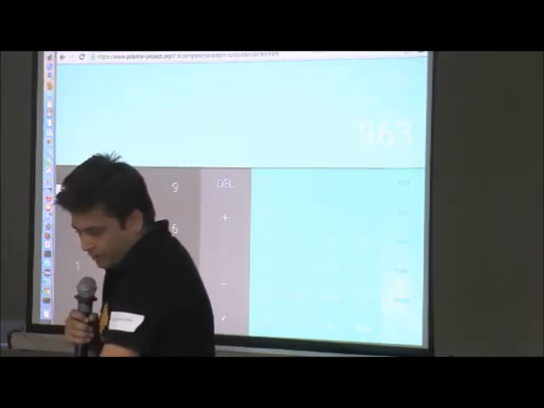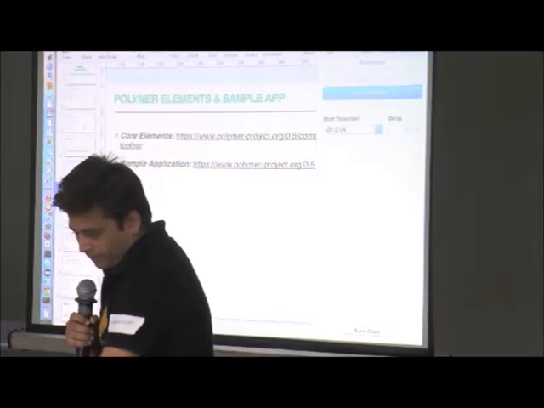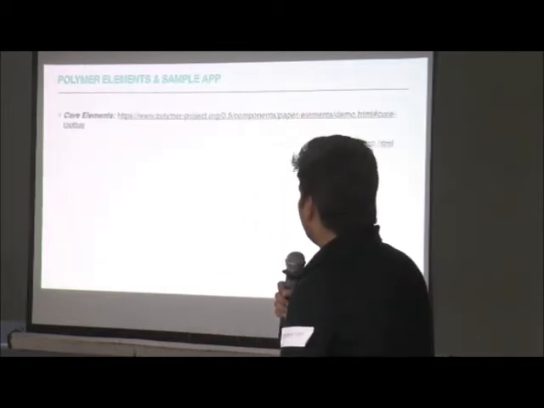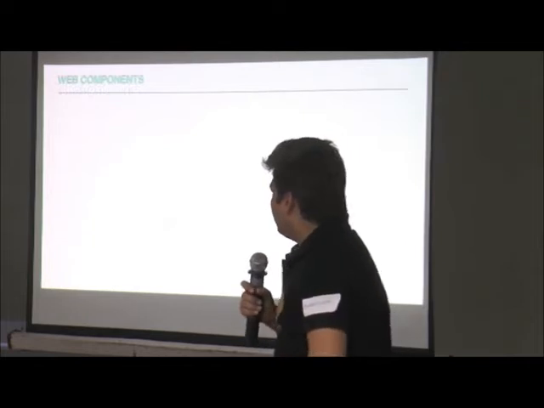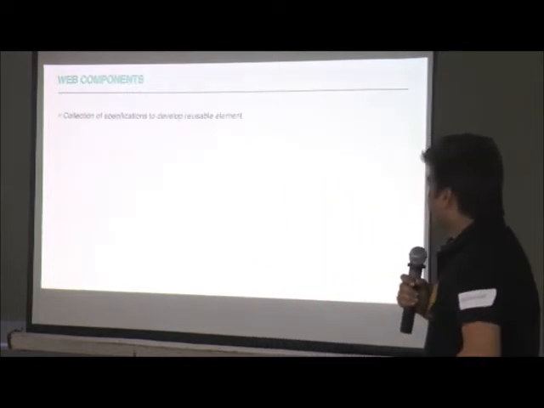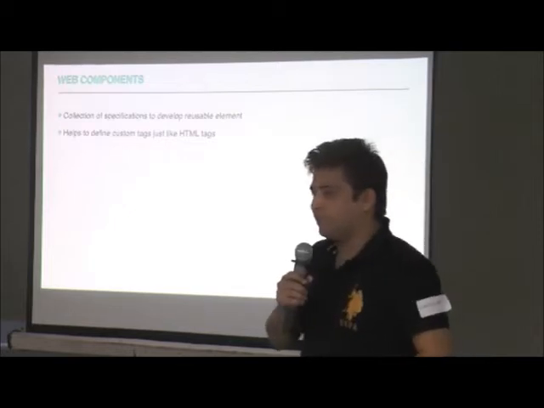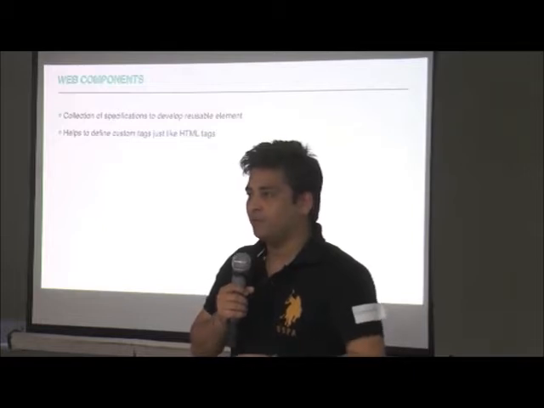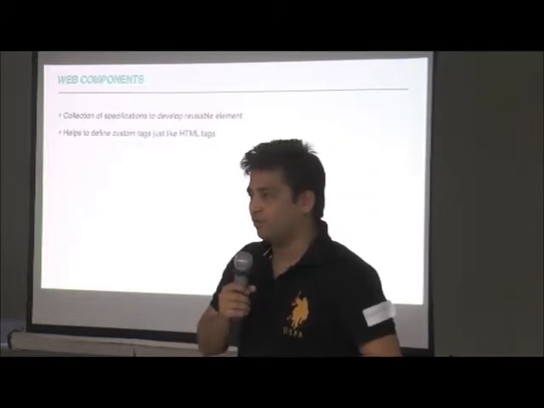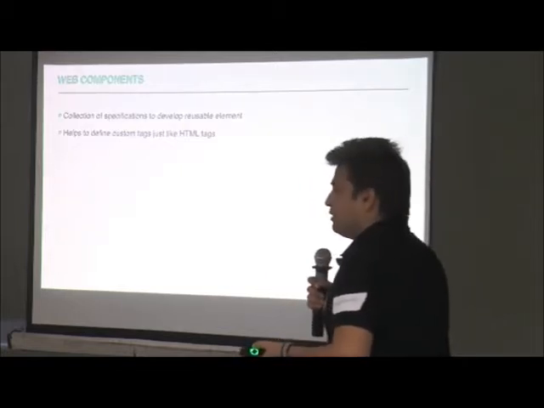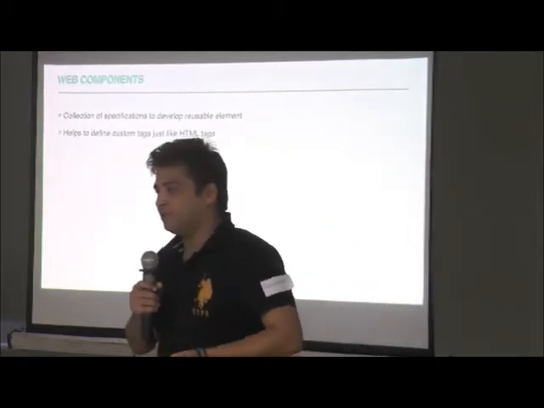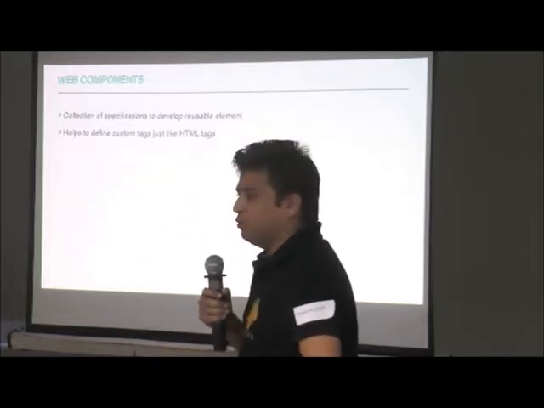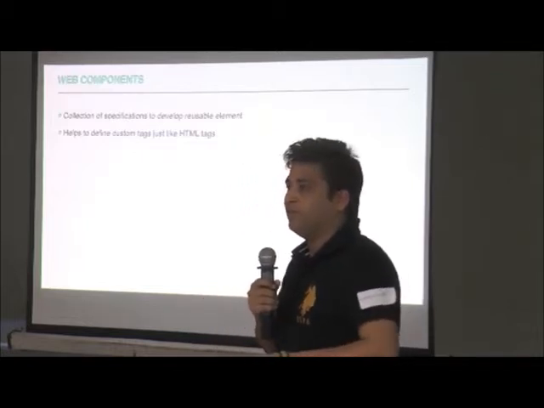Moving back to the slides. So now we'll talk about web components. Web components are nothing but a specification in the Polymer framework on how you write your components. That specification tells you the semantics that you have to follow while creating those components. It helps you define custom tags, so you get away with the existing boring HTML tags. You can provide your own custom tag, which I would say is a good feature in terms of managing your components.